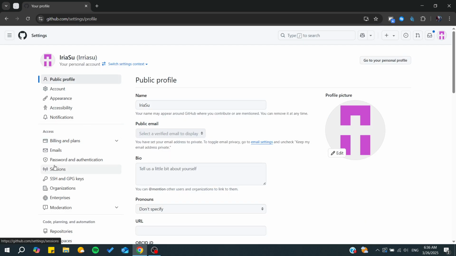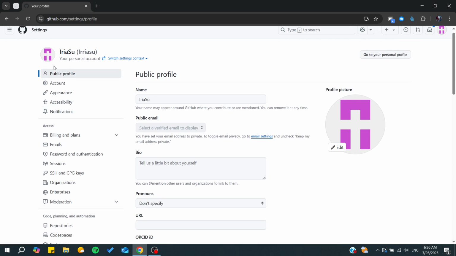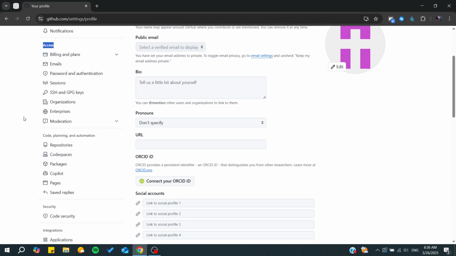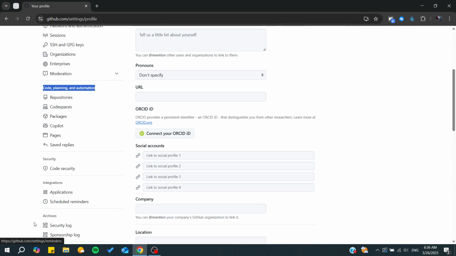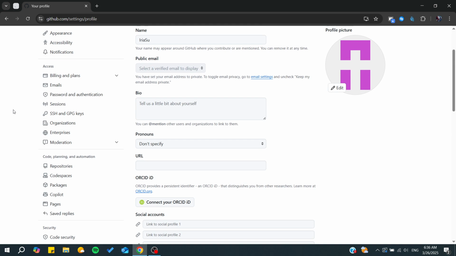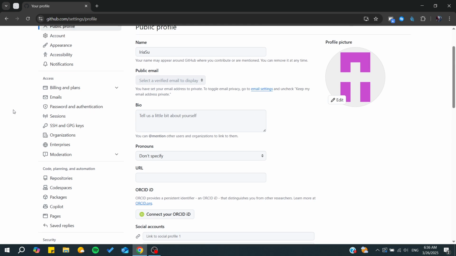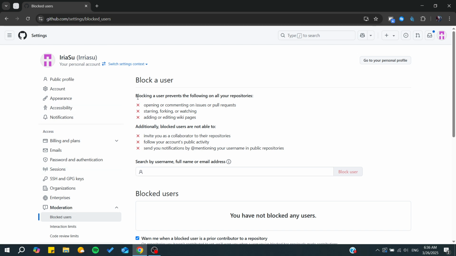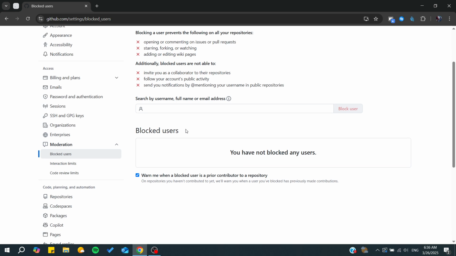So here you have many sections in the side menu. Basically you have the general settings, access settings, code planning, automation, security, etc. Now we are supposed to go to accesses, and from here we just need to go to moderation. In the moderation we will find three other options: code review limits, interaction limits, and blocked users. Here we will find all the blocked users, and from here you will be able to